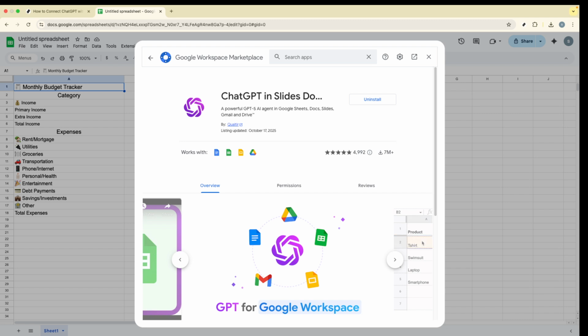From here, you can access the add-on via Extensions whenever you want to generate content, summarize data, or brainstorm directly inside your sheet. That's the full setup. Take a moment to confirm the add-on appears under